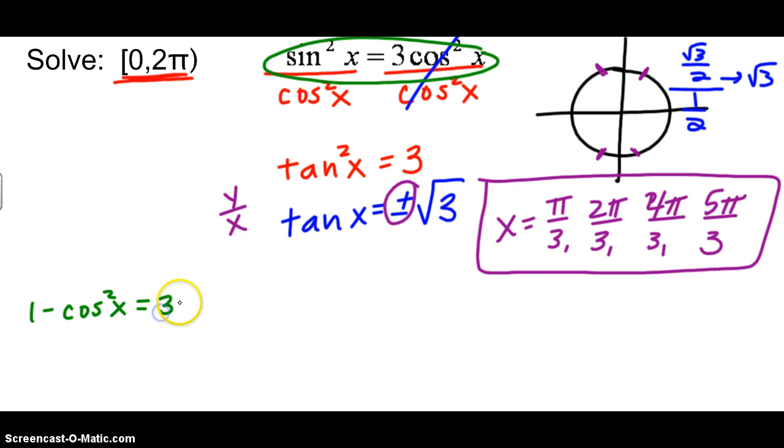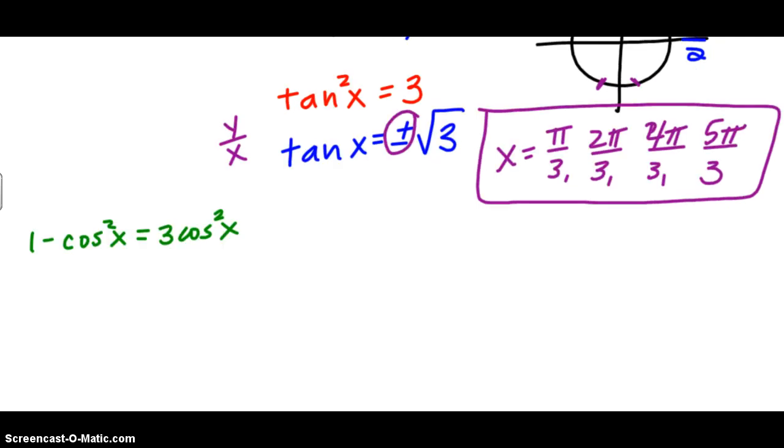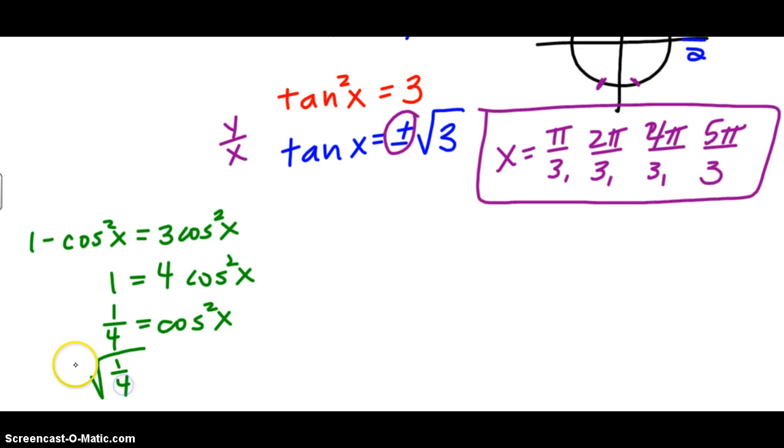cosine squared is equal to 3 cosine squared. Get things all on one side. I'm going to have 1 equals 4 cosine squared. 1/4 is equal to cosine squared, which means that the square root of 1/4, plus or minus, is equal to cosine. Well, the square root of 1/4